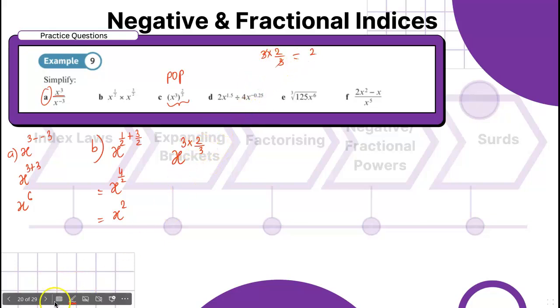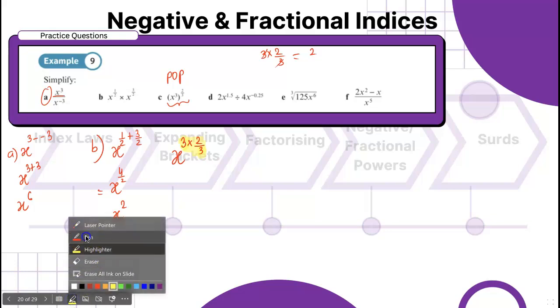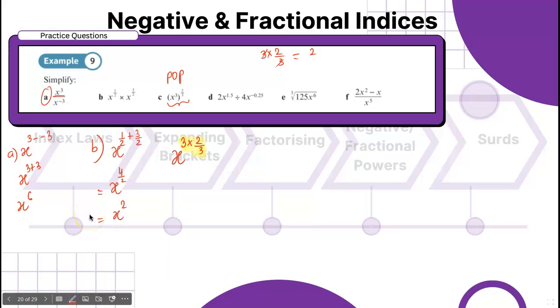So this concept is going to be used n number of times in fractional indices, right? The denominator would be cancelled by the numerator. So if the picture of fractions is not clear, just remember, if the top and the bottom are multiplying, like 3 times what the bottom is, and if the bottom is also 3, you're going to be getting the top number only. So if I implement the same concept, overall, let me write the answer first. So it gives us x squared again.